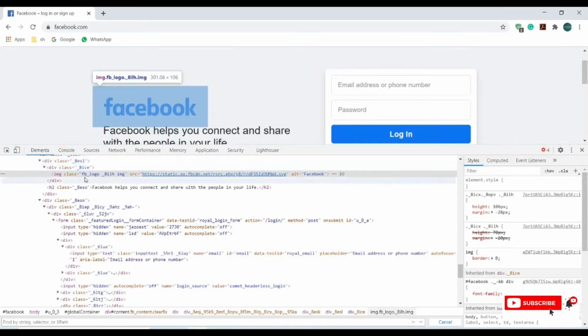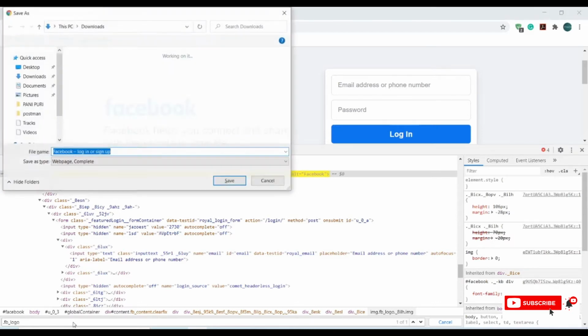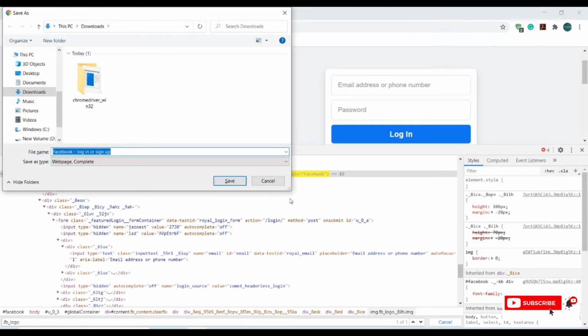This Facebook element has a class, so let's copy this class value, and a class starts with the dot operator. It has two references, so we'll remove one of them. Now it's successfully identified. It is 1 of 1. So let's copy this value.